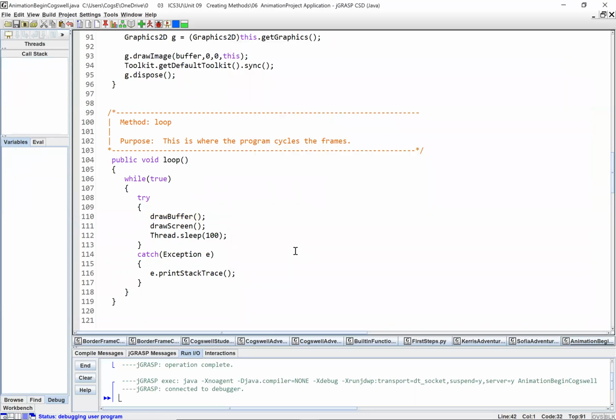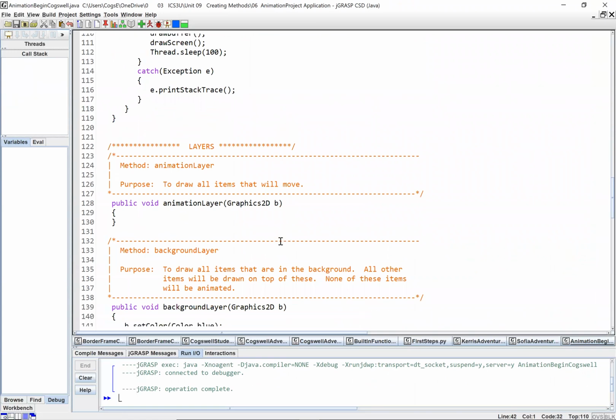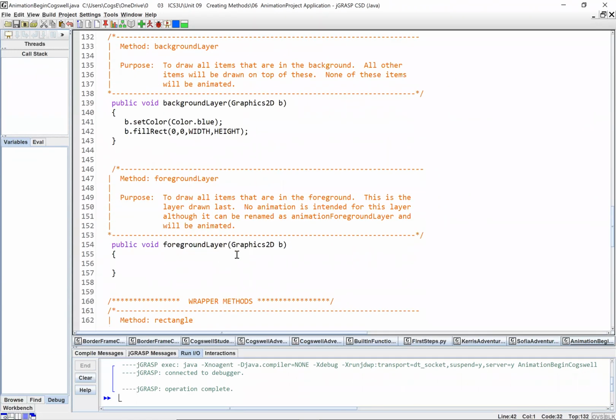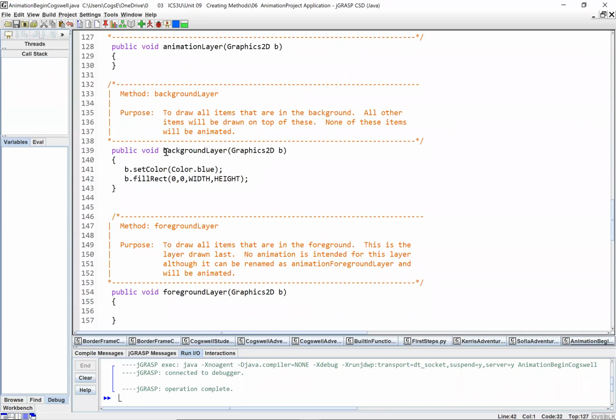Okay, so what do I want you to do? Now that we've looked at this, I've laid out 1, 2, 3 layers for you. An animation layer, a background layer, and a foreground layer. In my mind, I'm envisioning a still background. And that's what I want you guys to start with, a still background. You can have a still foreground as well. But